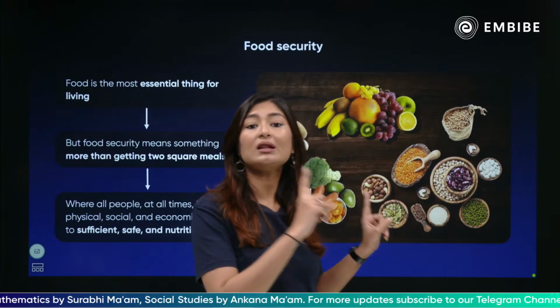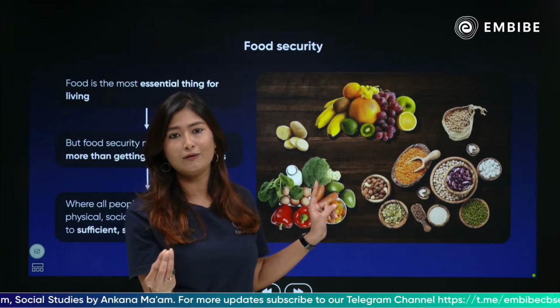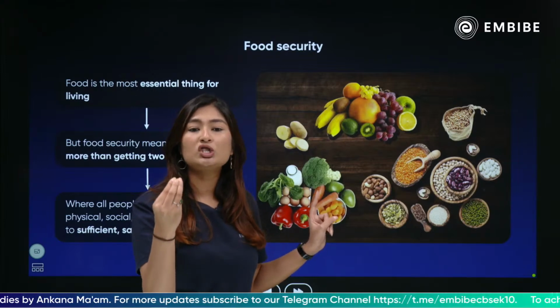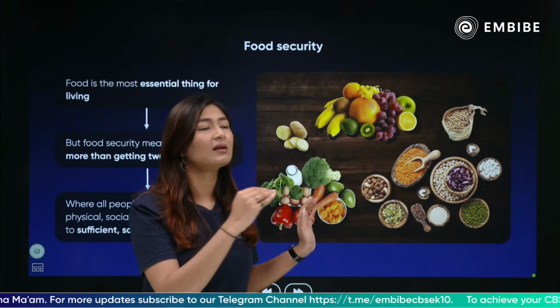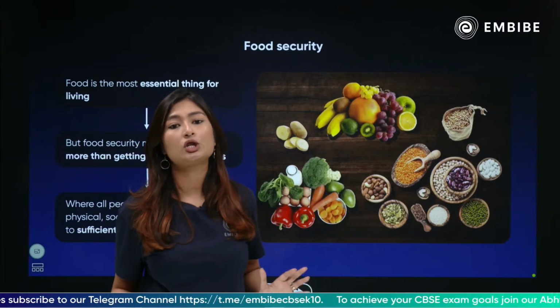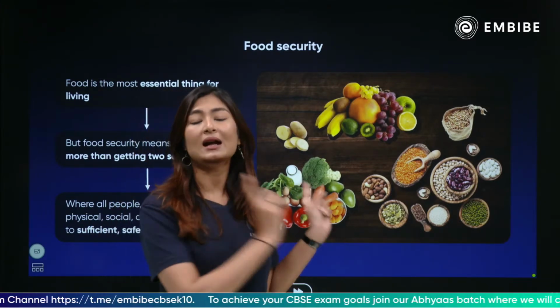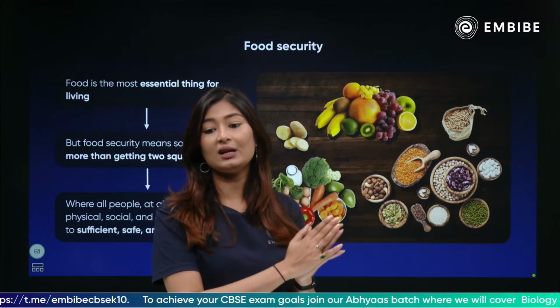So this is something that we need to know कि खाना, food, which is the most important necessity of life. ठीक है, food, clothes, shelter, ये तीन चीजें, these three things are always a necessity of life. This is what is an absolute compulsion to have. How do we ensure this? How do we secure this? That is what this chapter is going to teach us. So it's very, very important.